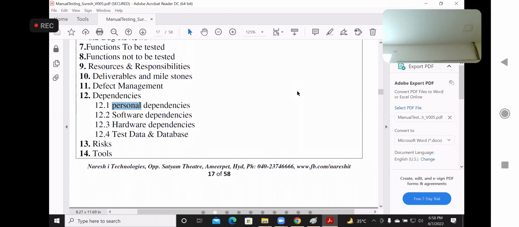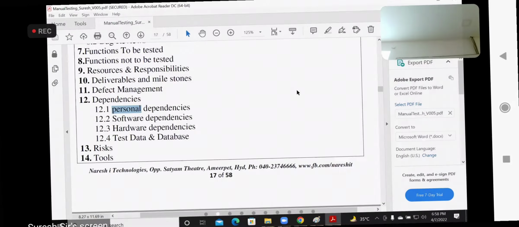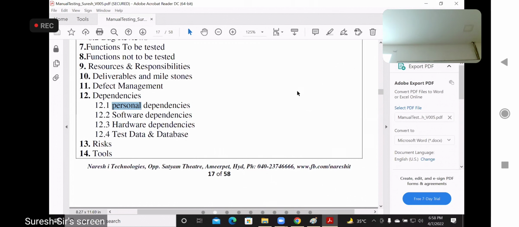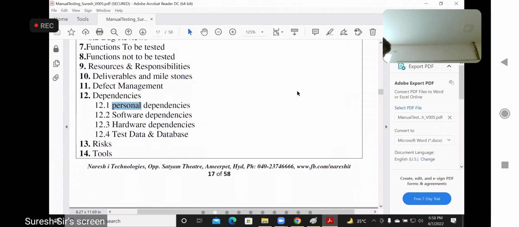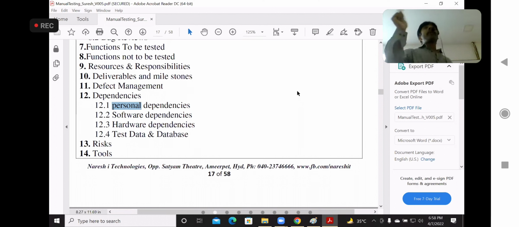I mean, it is like a personal dependency. It is not like any specific plan. So suddenly one member went for vacation. Whatever work he had to do becomes a dependency for the other team members. That kind of thing we can consider as personal dependencies. Because of this reason,